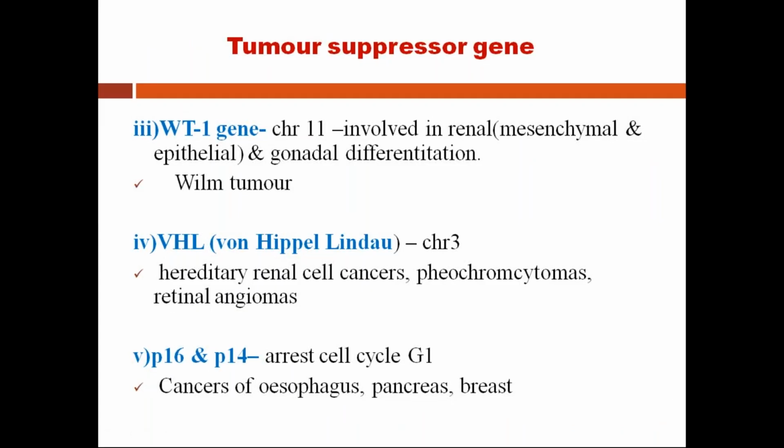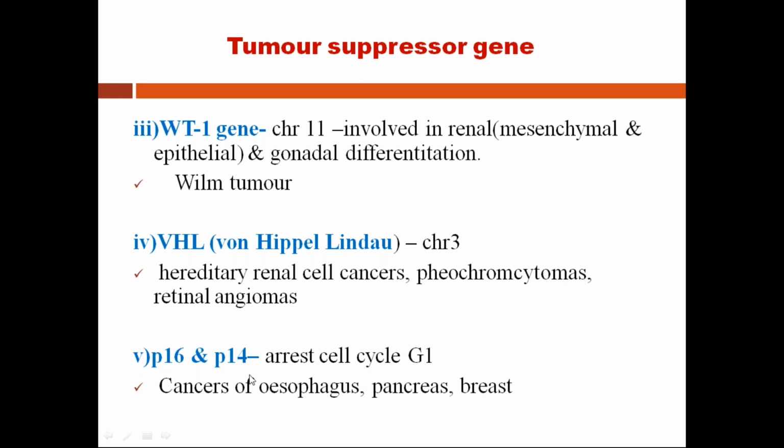So the other tumor suppressor genes, for which you just need to know the names and in which tumor they are seen. So the WT1 gene is seen in Wilms tumor. You will come across this tumor in the kidney chapter, which I will be taking. And next, the VHL gene. You have to know the full form of the gene. This is important because this gene is mainly involved in renal cell carcinoma. And the other is pheochromocytoma, which I will also be taking in the kidney chapter.